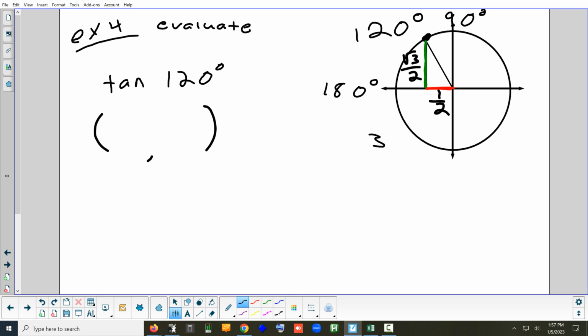Alright, so Jackson, what's going to be my coordinate for 120 degrees? For both of them, next and one. Yep, the whole coordinate. Negative 1/2. Yep. Square root of 3 over 2. Perfect. Okay, so there's my coordinate. And how about